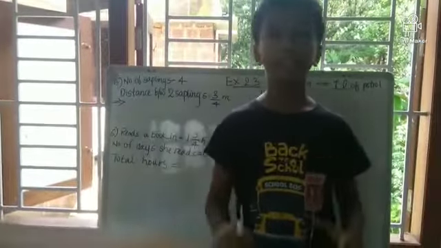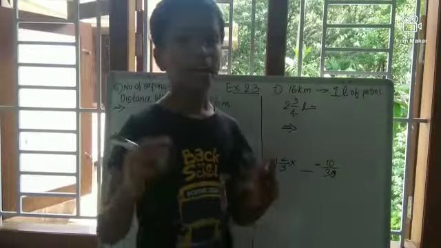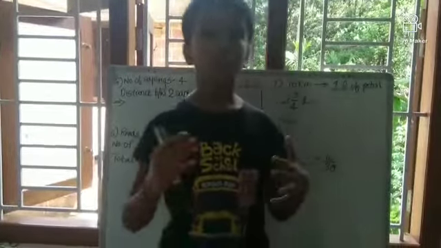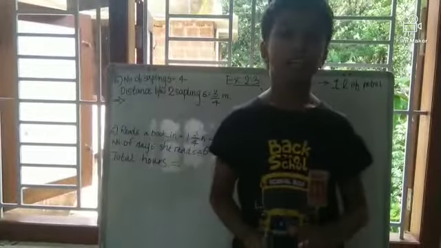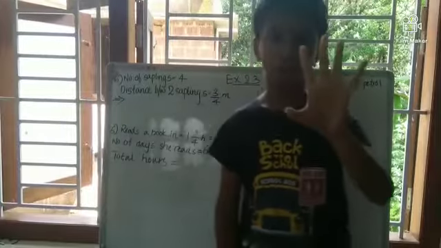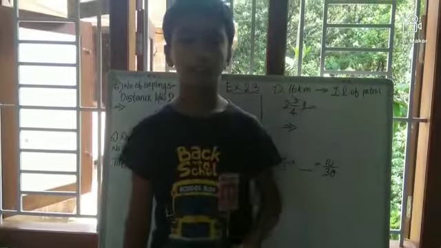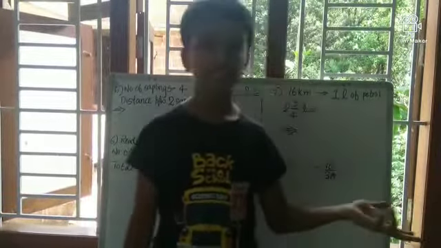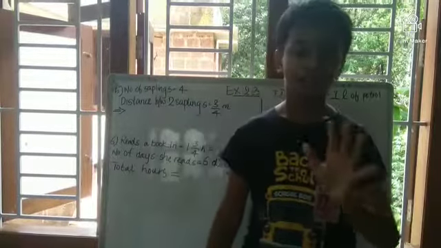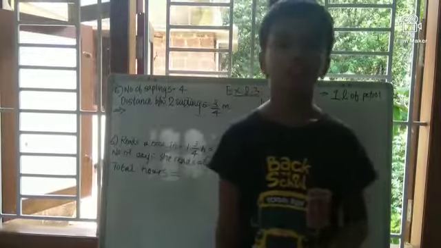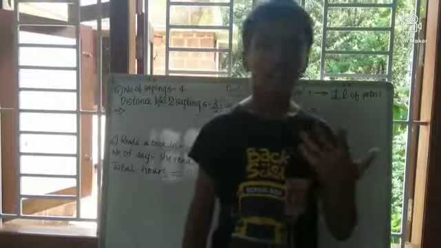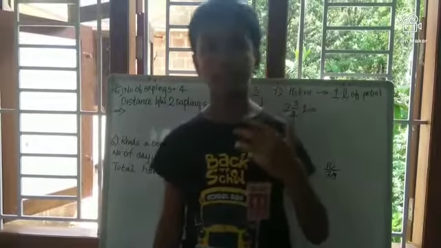Today we are continuing exercise 2.3 and we are going to finish it. I think we finished at the fourth question. The fifth is a story problem that we can finish in this video, so I am finishing the fifth in this video. That is a story problem that I will read for you.